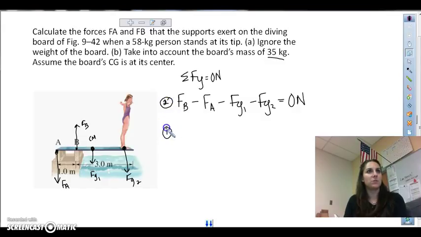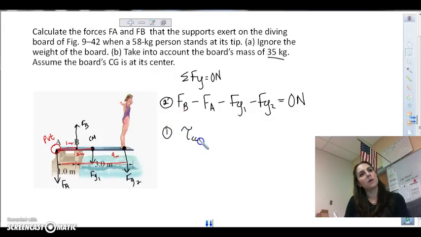But my first step is to, once again, do my torques by choosing this as my pivot to eliminate A. So pivot. And then look at all these radii. This is 1, from here to here is 2, and from there to there is 4. These are all my radii. And we'll do the torques again. So we're going to take the counterclockwise torques and subtract the clockwise to give 0 newton meters. This one is going to be